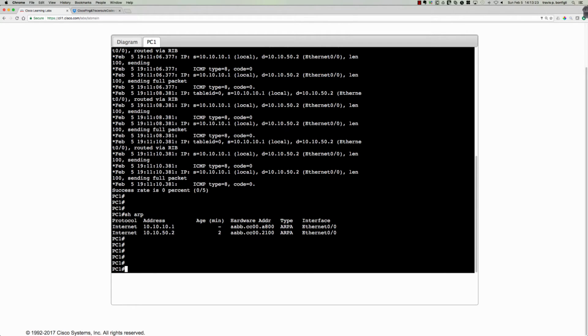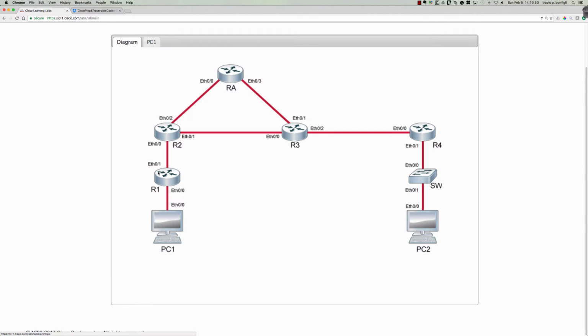AABB.CC00.2100. So the layer 3 information in the ARP cache, which is the IP address we were pinging, now has an ARP cache entry that didn't exist before, and it tells us to go out Ethernet 0/0 and specifically to that MAC address, that layer 2 hardware address. Since we're pinging off of our local network, this is probably going to be our default gateway. If we look at the diagram, you can see that we come up to router 1